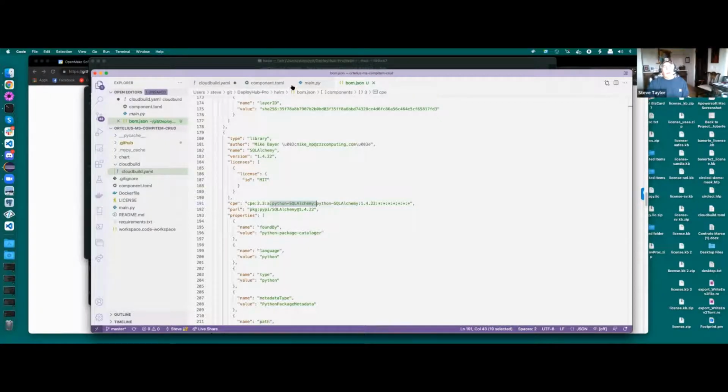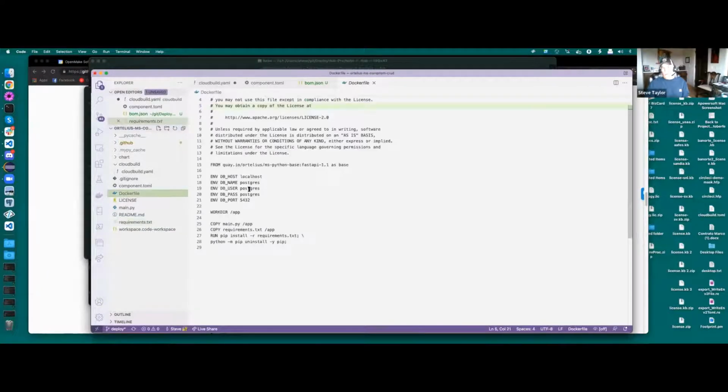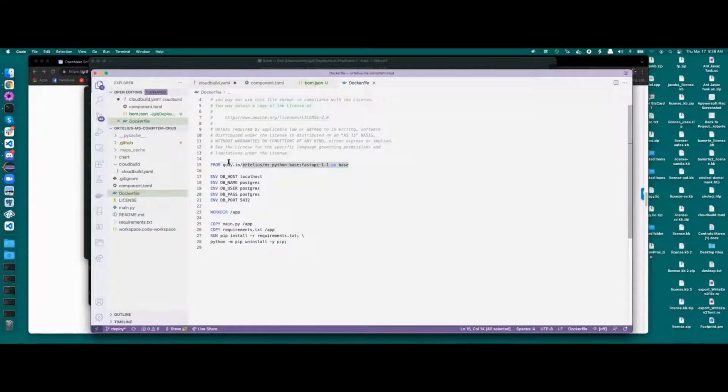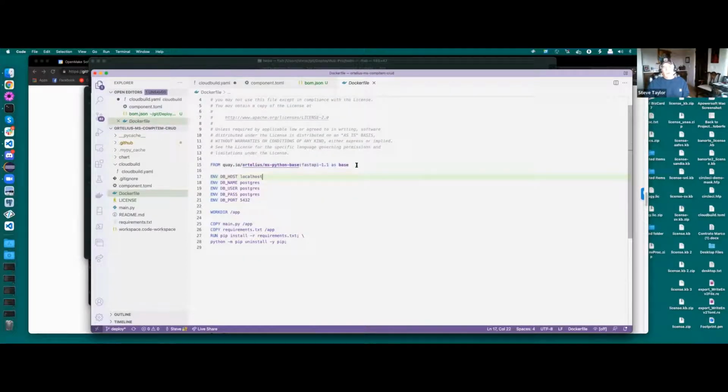So if we go back to our requirements, it doesn't look like our requirements are up to date, or they must be coming from a separate layer. Let me look at the... Yeah, I think they're coming from here, right? Yes. Few of the dependencies that we're using more often, we wrap them into the base image. Right. Yeah. So like Utkarsh was saying, we've created a base image